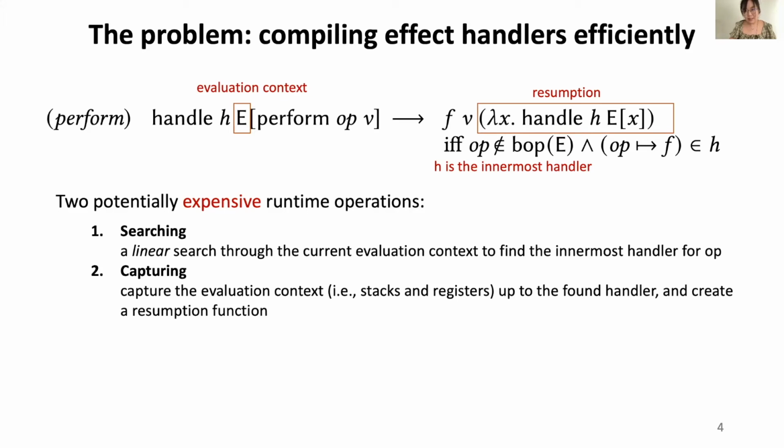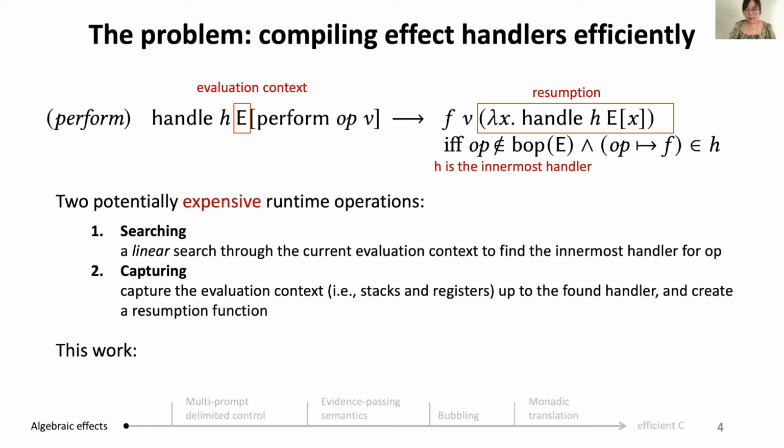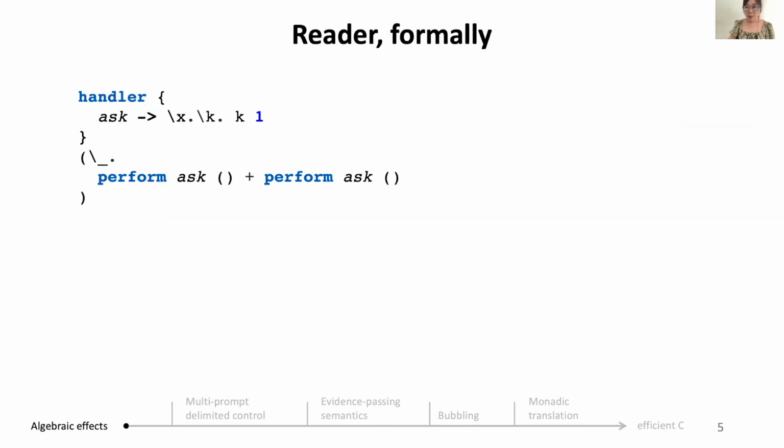This is not only expensive, but might be impossible for some platforms like .NET or Wasm, where you have no access to stacks. In this work, we address these compilation challenges by presenting various refinements to algebraic effects. Next, we will explain each of these steps, and we will use this progress bar to keep track of where we are. We start by looking at the reader example again,